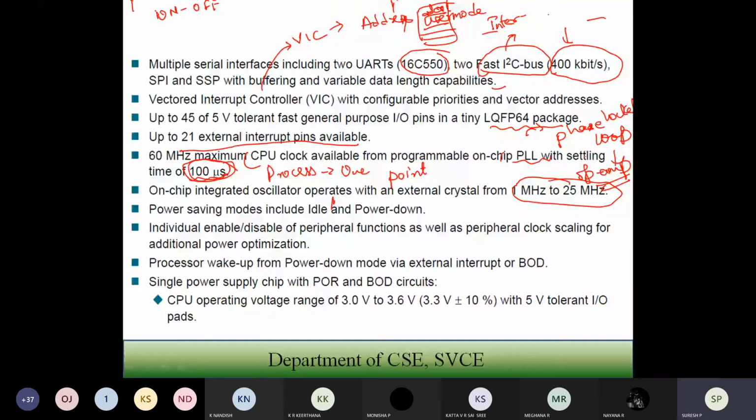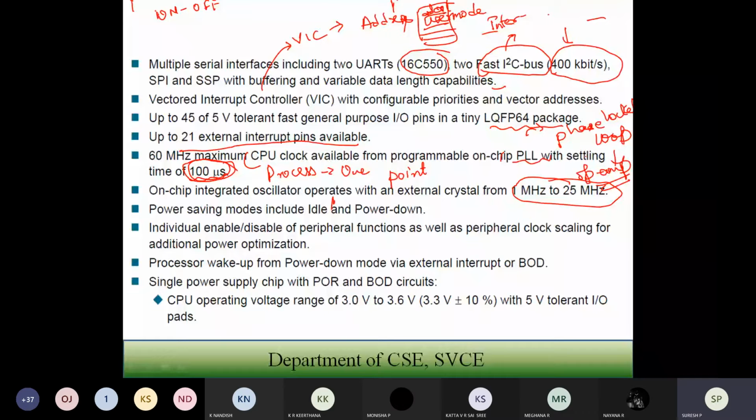Somebody will be sending some message to you through WhatsApp, or you may be sending some message through WhatsApp to some person. So when you are receiving the message, your processing is coming. Whenever the processing comes, obviously the power comes into the picture. So that's what it is going to have.